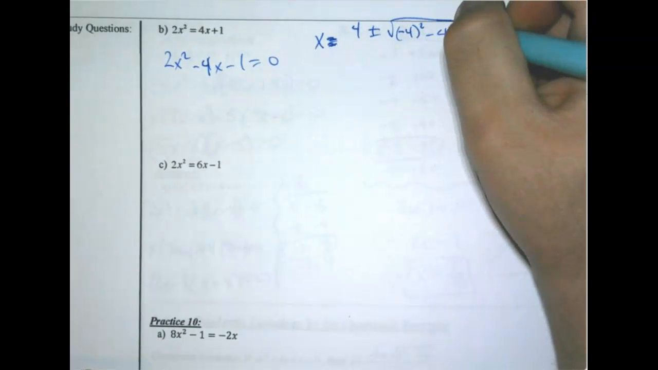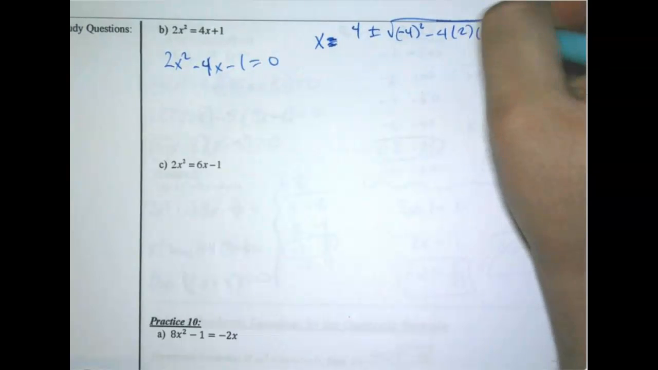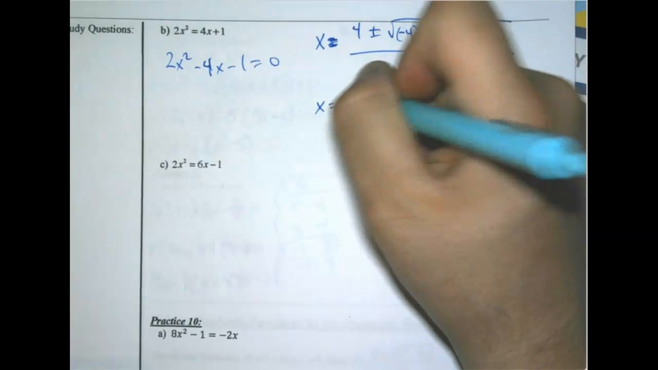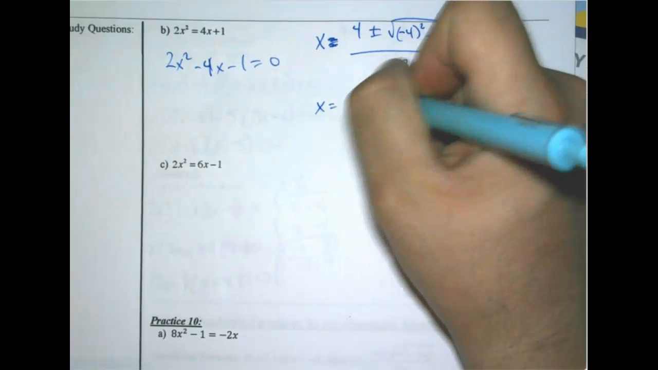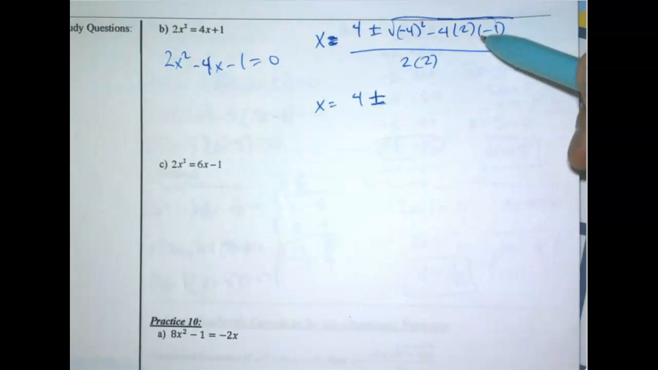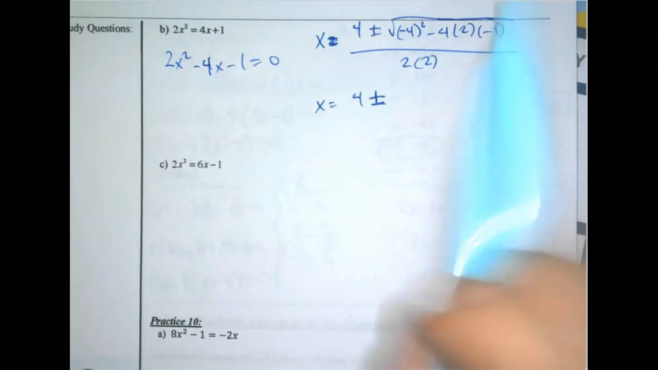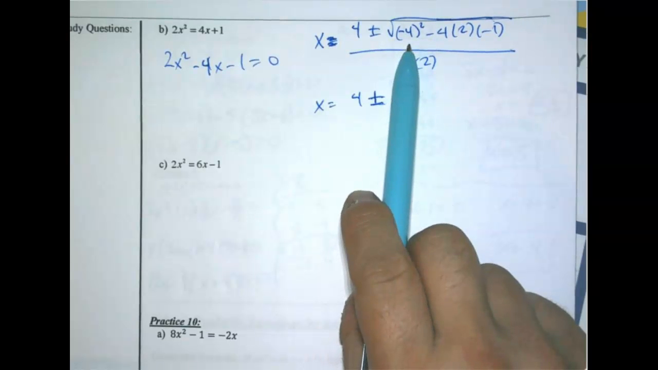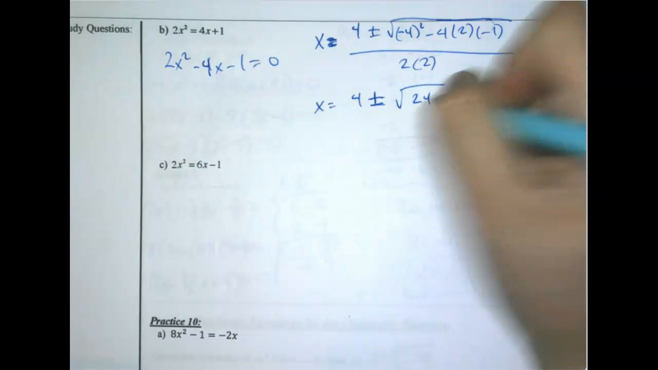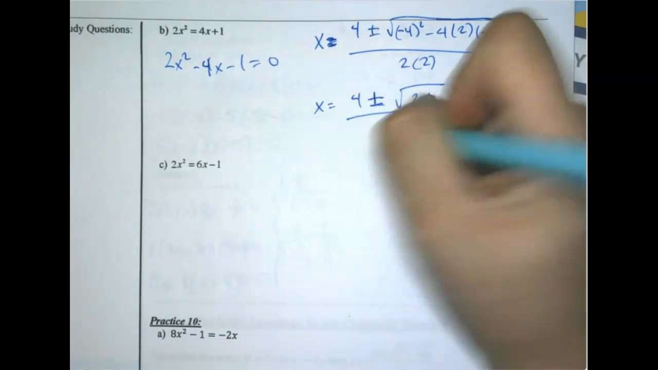Minus 4 times a, which is 2, times c, which is negative 1. All over 2a, so all over 2 times 2. So 4 plus or minus, remember in the radical you can just simplify. 4 times 2 is 8, 8 times negative 1 is minus 8, but it's minus 8, so that's plus 8. And then you might just do all that before you do the next step. Negative 4 times negative 4 is 16, so again that's 16 plus 8. 16 plus 8 is 24, and 2 times 2 is 4, and